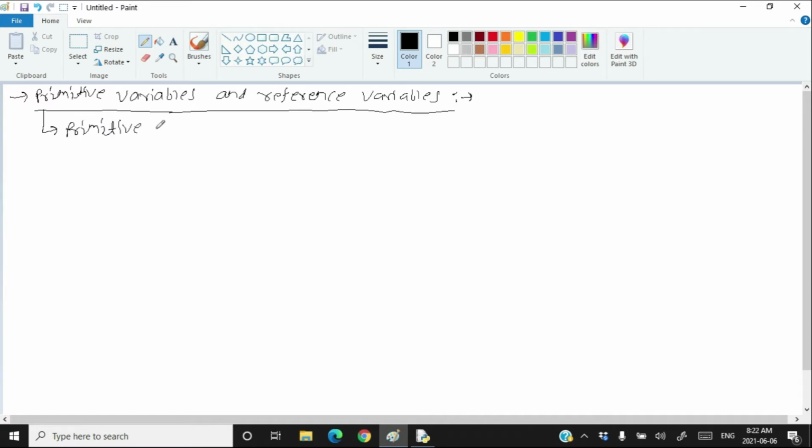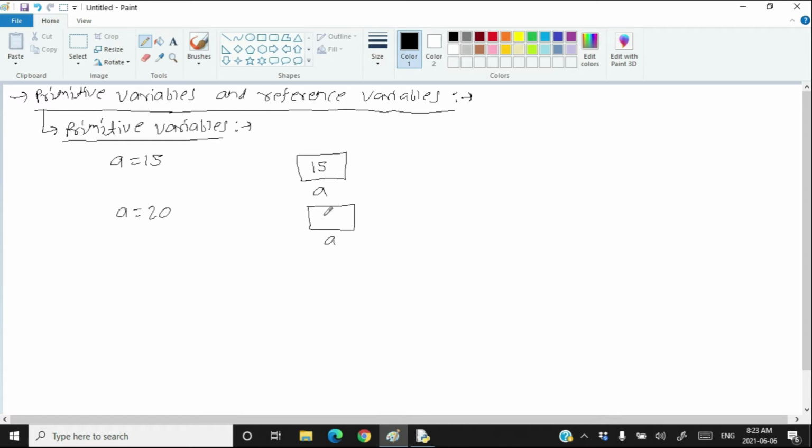If a variable is primitive and you type a is equal to 15, then it will create a location in the memory whose name is a, and that will contain 15 inside the variable, not somewhere else. And if you try to change the value of the variable and you do a is equal to 20, then the content of the same variable will be changed.